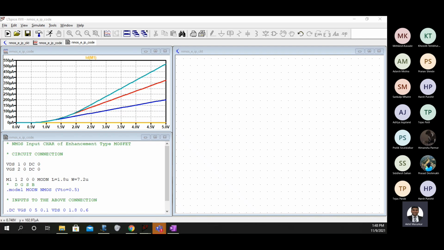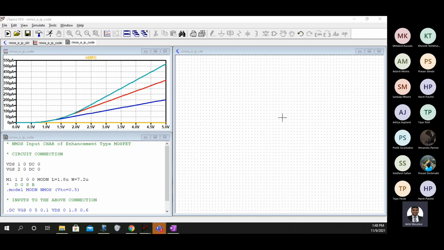Sankalp, Harsh, your outputs are correct, very good. But I like the way Mithilesh has put it. He has done it in the way I have done it. And I have purposely done this because I'll be building a circuit here with the same values, and convince you that you can do this circuit either way. Harsh and Sankalp, your outputs are correct. There is no problem in it.